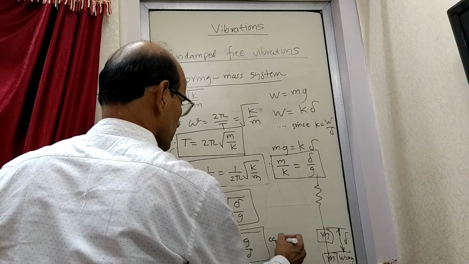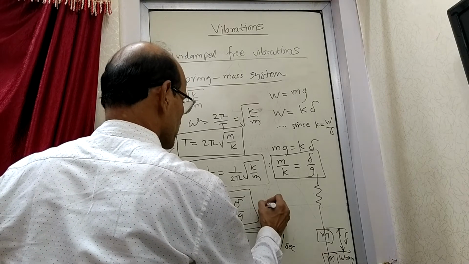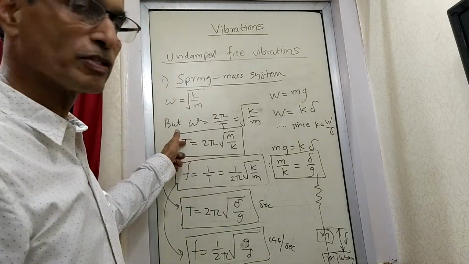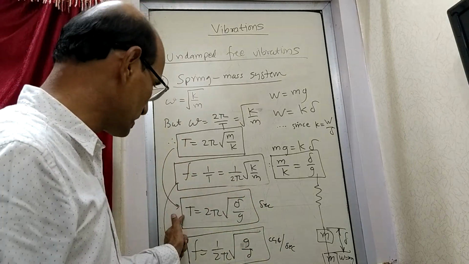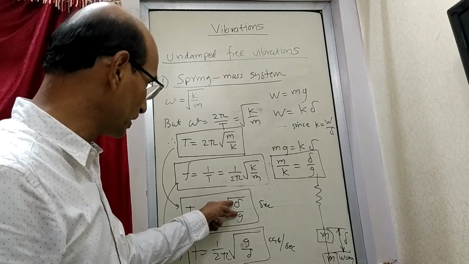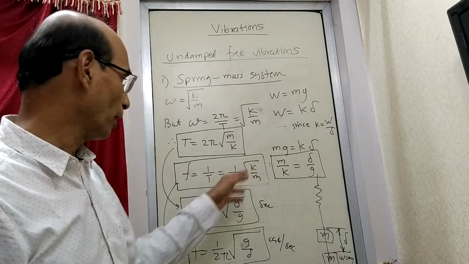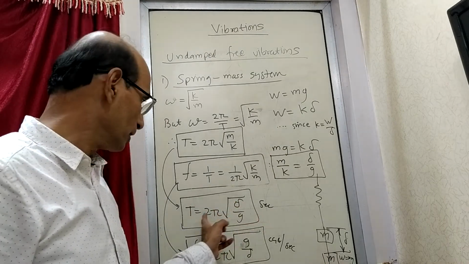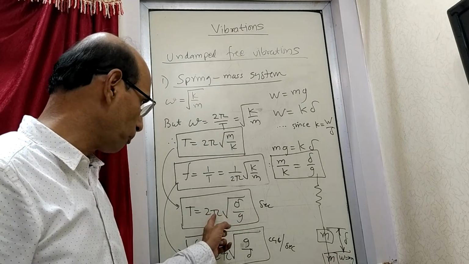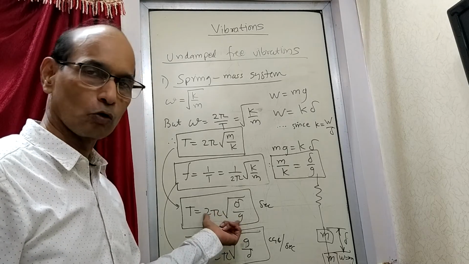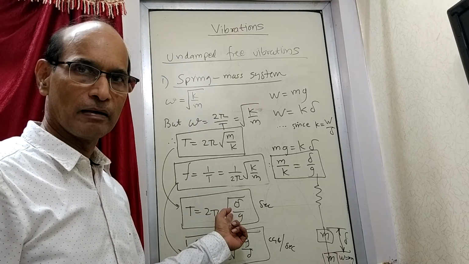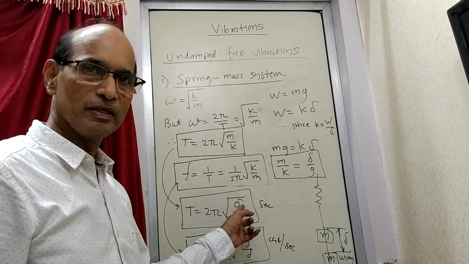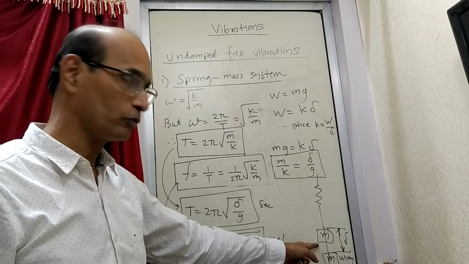This is cycles per second and this is seconds, periodic time. So now see what we have done. This is the equation for periodic time and frequency. Again same periodic time and frequency, but here there is some change because of this formula. What happens is, if you use this formula, this is easy to use because in this formula there is 2, there is pi, there is g. These three things are known. What is g? g is acceleration due to gravity, which we know. So only delta is what is applicable to this equation.